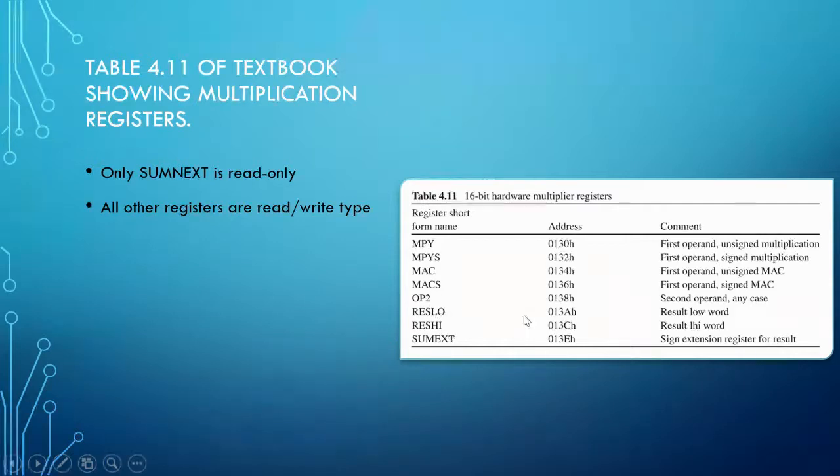Now, where is the answer? If you change the value every time you change a value into these MPY registers, you get the answers in two registers. The results in high and the results in low. If you combine it, you get the full answers. Okay. So again,